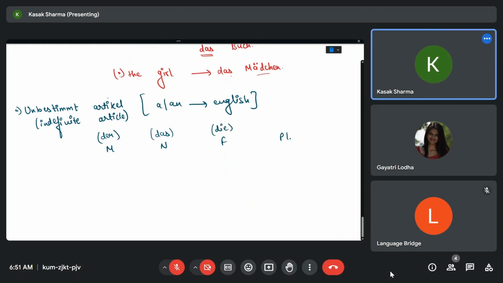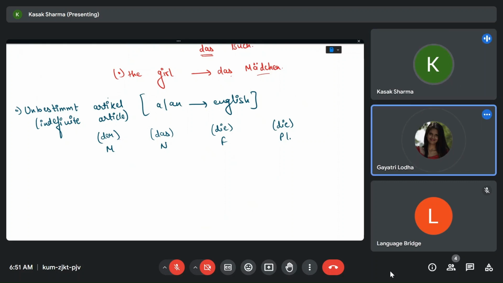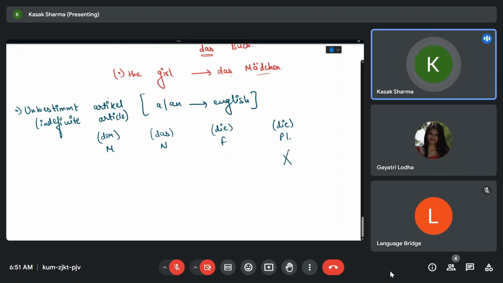Now you tell me, do we use a or an in plural case? No. So in unbestimmt article, we don't have plural case. We only have masculine, neutral, and feminine.